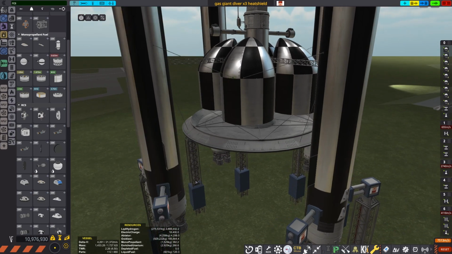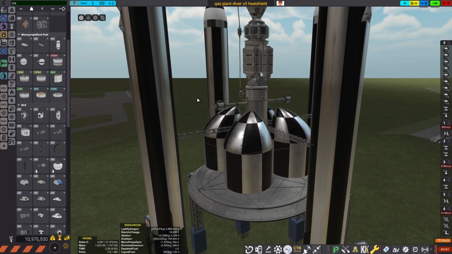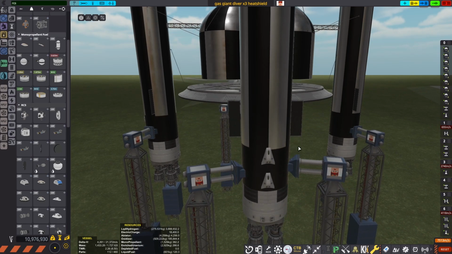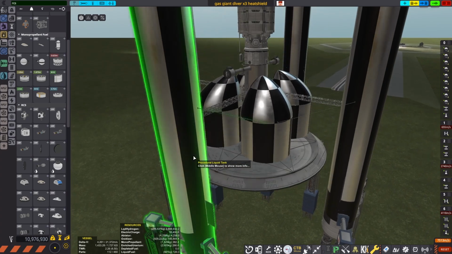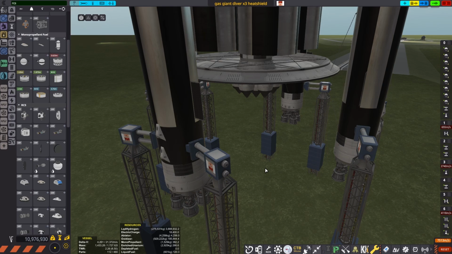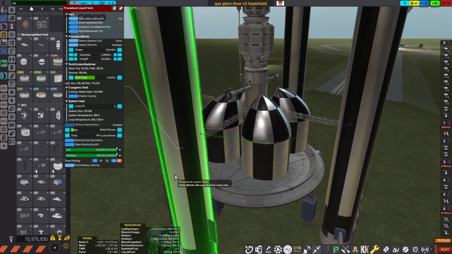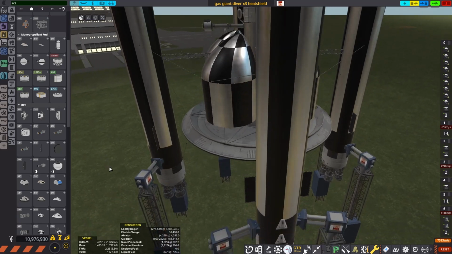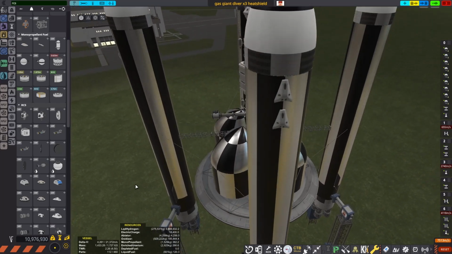And one more thing I've decided to try is I found out that there is this, I guess, extension of the system heat mod that actually makes the cryogenic fuel tanks use system heat for the cooling as opposed to electric charge, which I heard somebody say is actually more stable with time warping, but